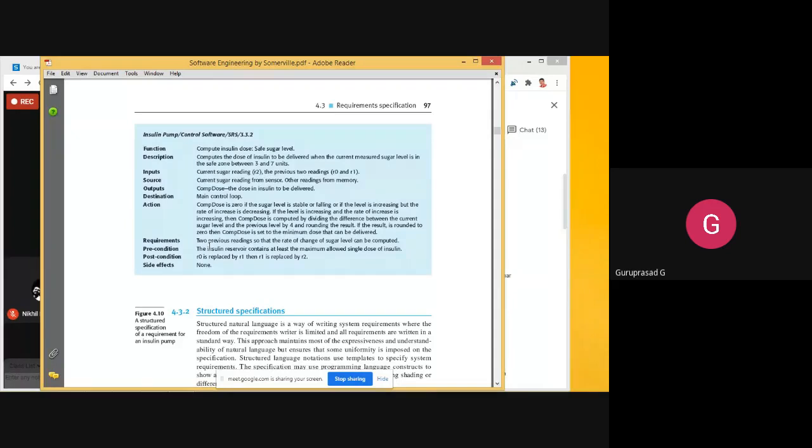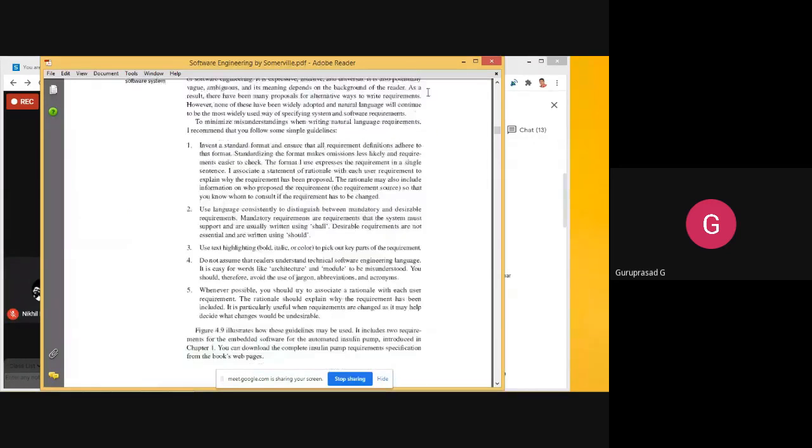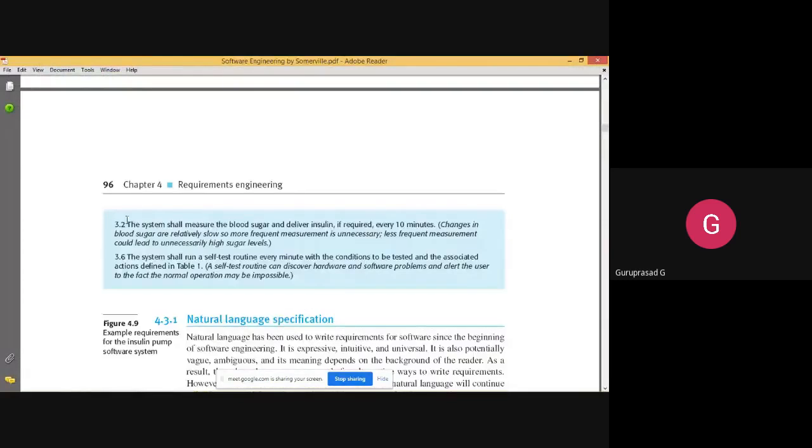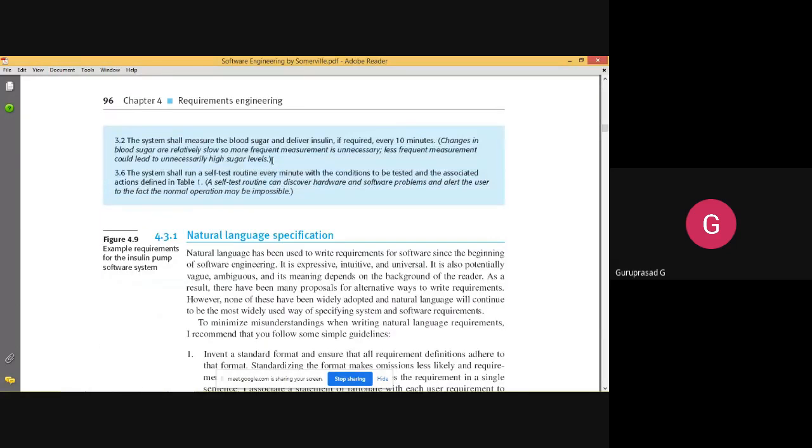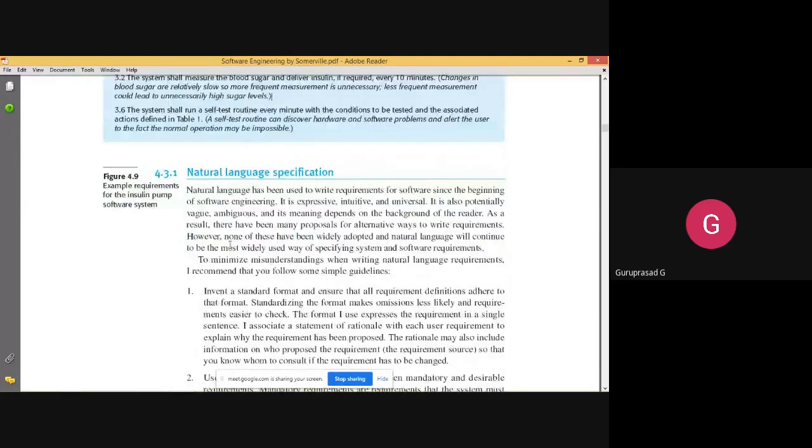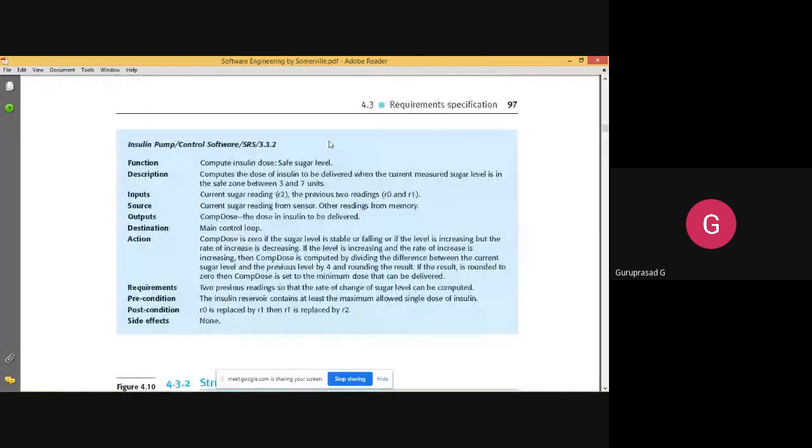What will it have? It is also looking like natural language, English only. You see that it also makes use of the English language, sentences only, but it is structured. When you compare it with this table, it is pure English, nothing more than that. This is what we call a natural language specification. The second one I wanted to show you is the structured natural language specification. This is also natural language only, but it is more structured.